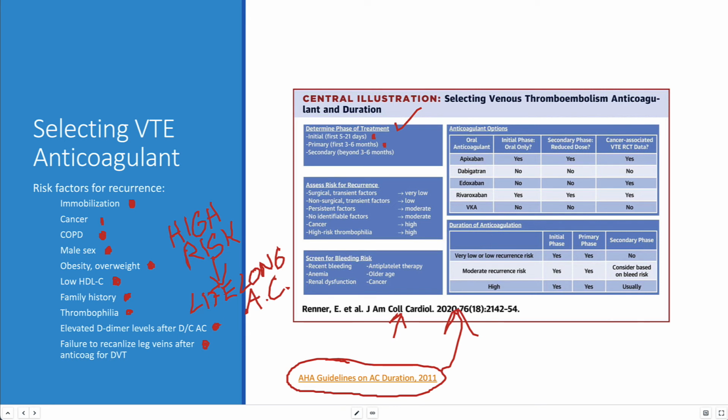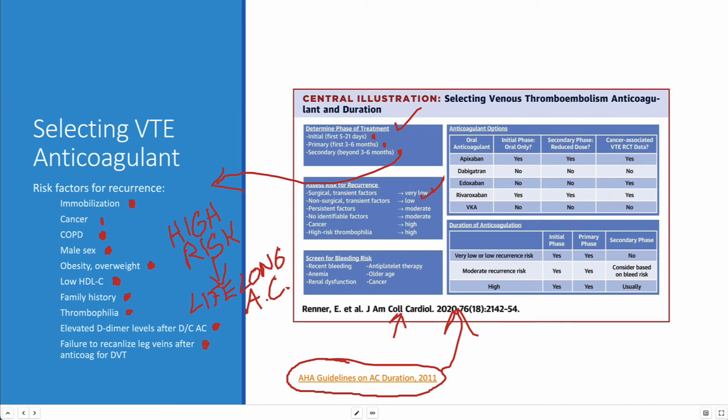They shouldn't need anticoagulation for the secondary phase unless they have any of those. Okay? So we reassess for recurrence, and if they have a very low potential for recurrence because they meet these criteria, then they don't get secondary